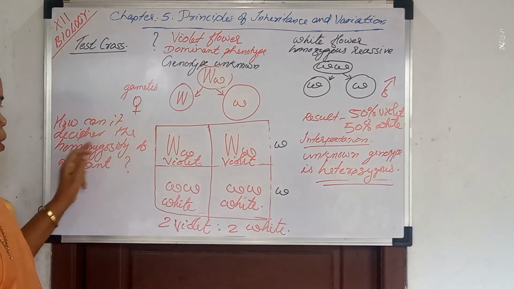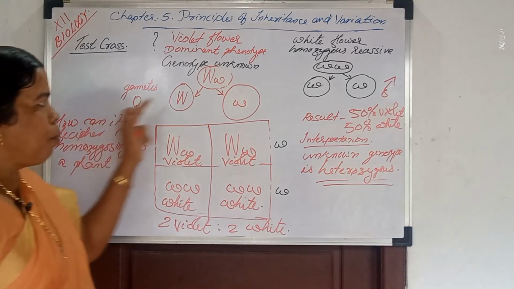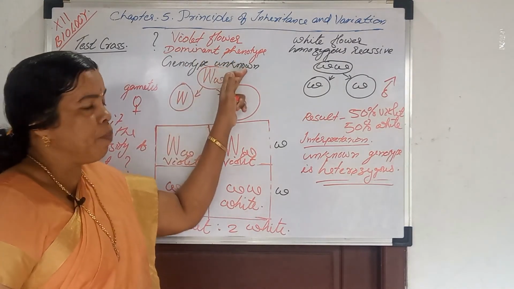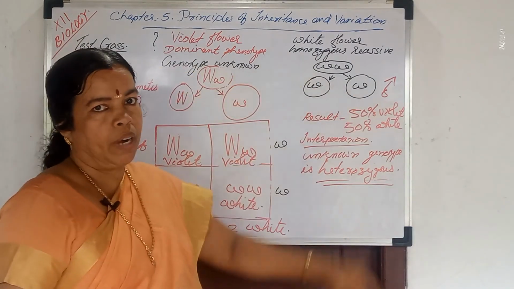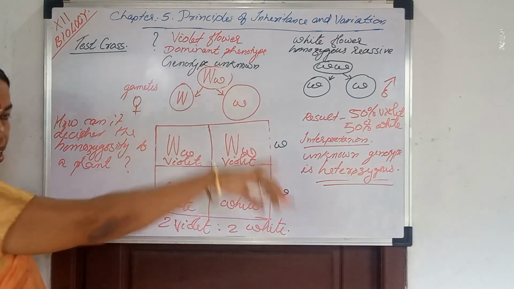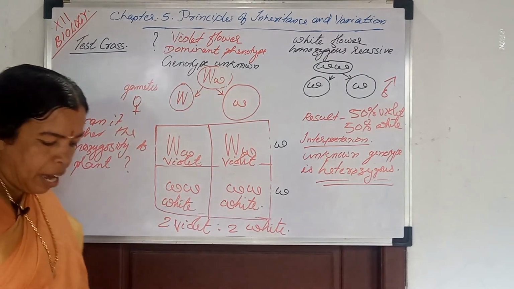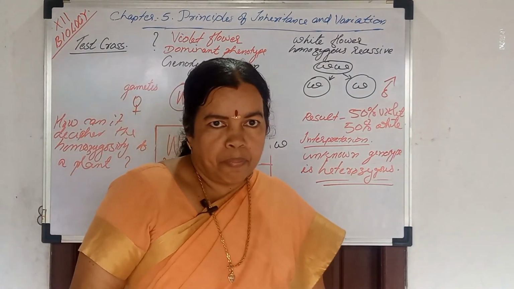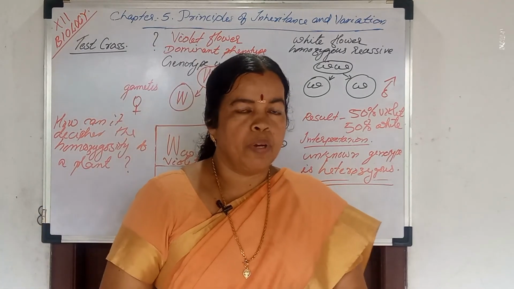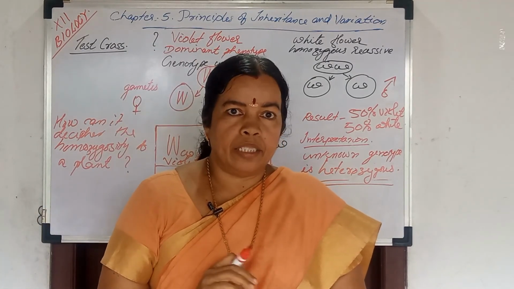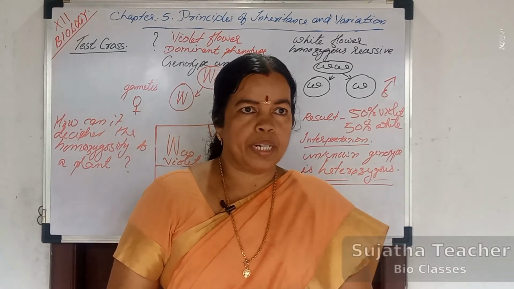Then how will you write it if the unknown genotype plant is homozygous? In the first case, the result will be all violet flowers. That part you have to explain. Then in another way, a plant bearing violet flowers is given to you with its unknown genotype. How can you determine the correct genotype? In that way also it can be asked.